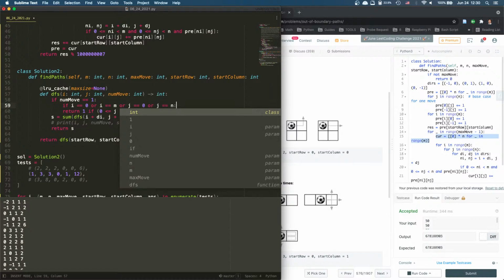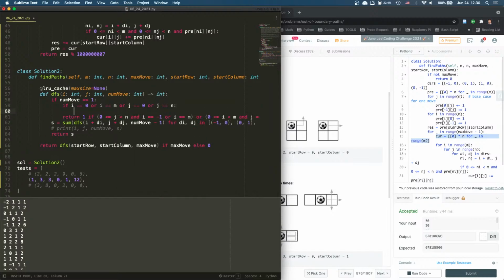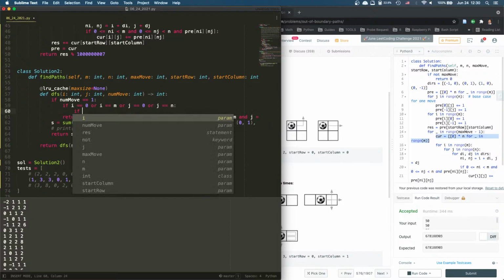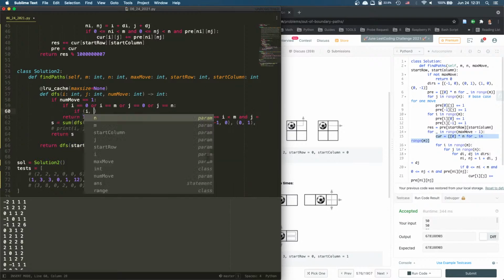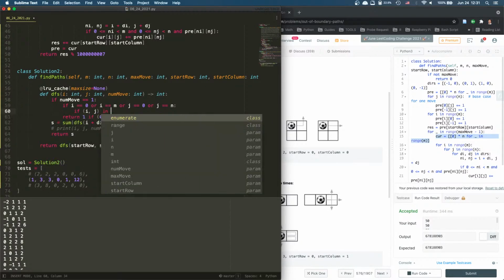Then we just consider it again. So let's make sure they're on the edge, right? And then we say if it's on the 4 edges, which is if ij in,